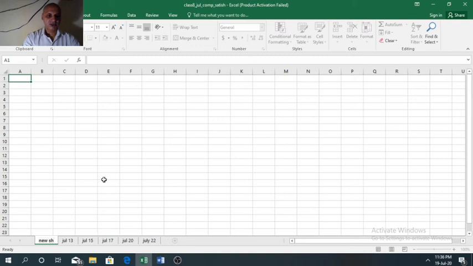Whatever name you type, with that name this sheet will get renamed. So after typing, press the enter key. Now you can see we have renamed the sheet.